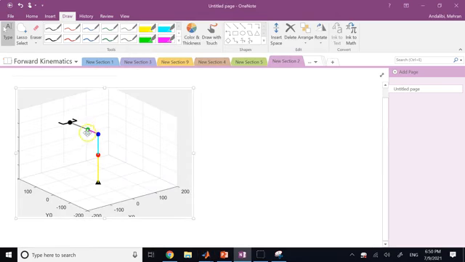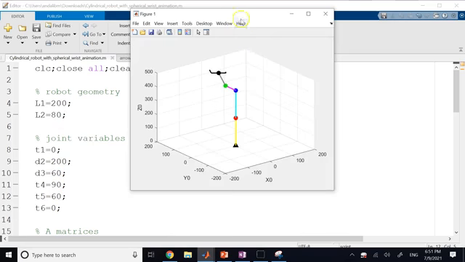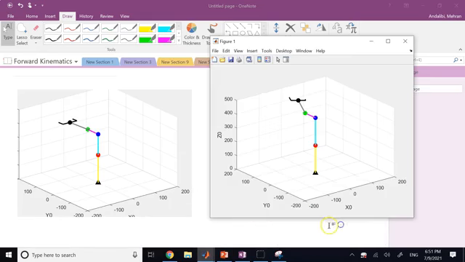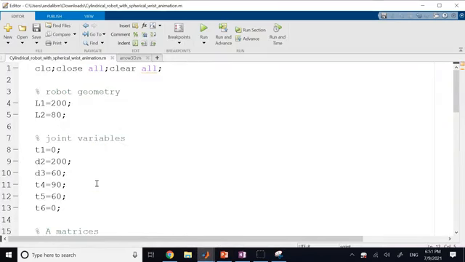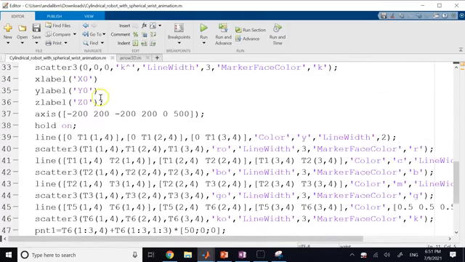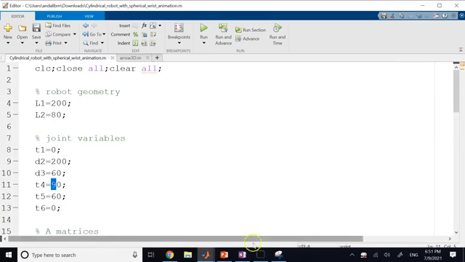I can go ahead and do a rotation about theta 5. So this guy is going to turn left and right. So now let's say I turn it 60 degrees. Okay, and now you clearly see the rotation here. And you can apply more and more, right? Or you can even do an animation for it. So what you can do is put these calculations in a loop and change these parameters one at a time, or maybe all of them at the same time, and then basically update the locations of these guys here. Okay, so you can do that also as an animation and see the effect of each one of these